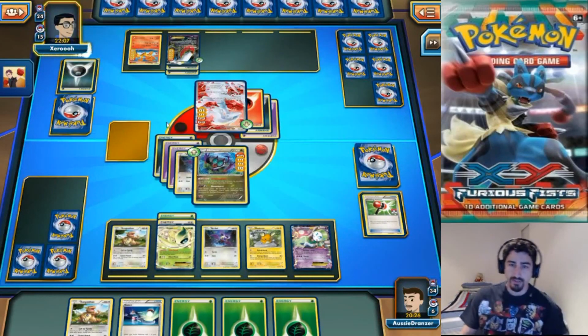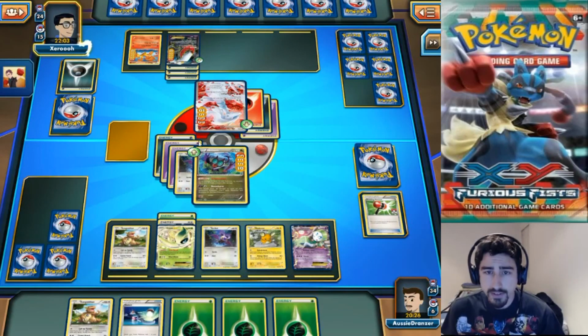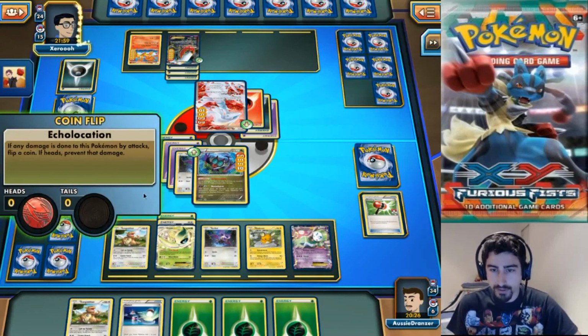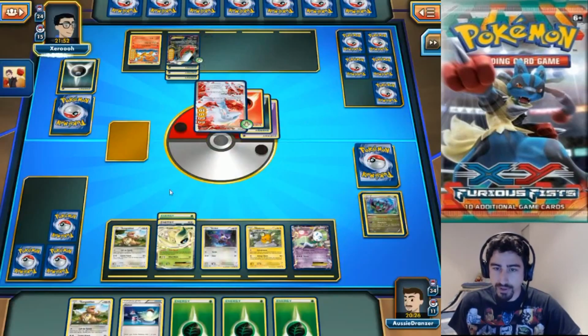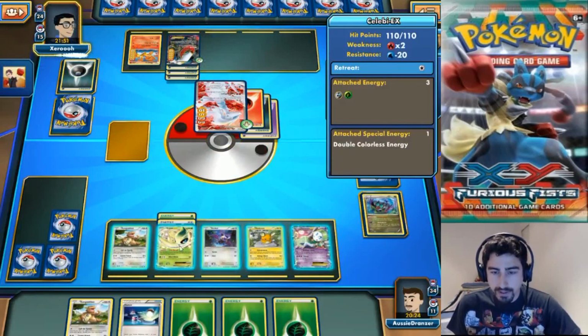And hopefully I can get another Echolocation to go my way. So not this time. Noivern's going down, but he got me to a point where I can beat this Reshiram very easily. Now,